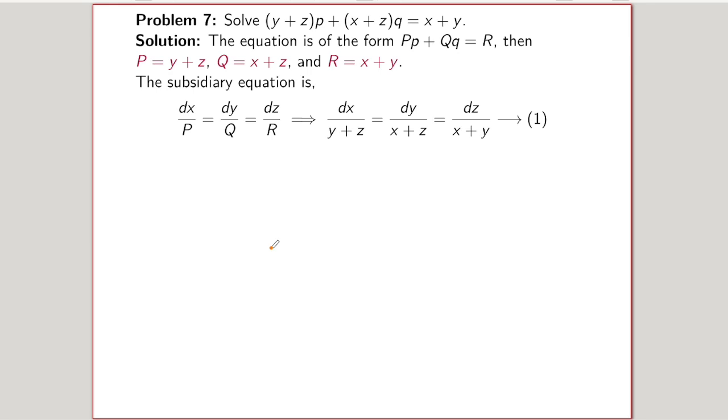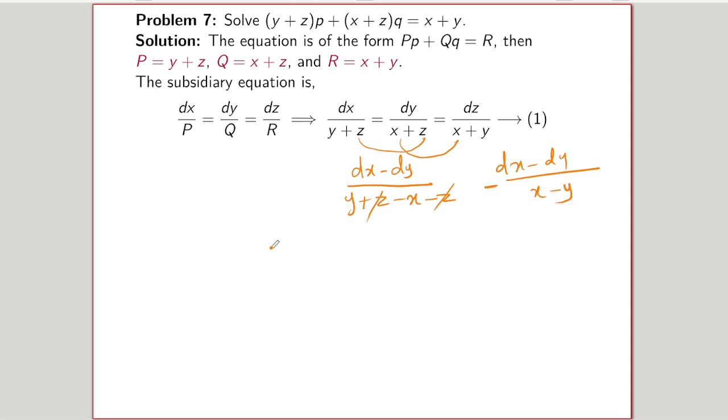So I'm going to choose a different method. Suppose you see both the terms, and what you can observe here is z is common in both. And similarly, see these two terms, here x is common in both. Suppose if I subtract these two terms, that is dx minus dy, I can subtract the denominator also. It is y plus z minus x minus z. I will be getting these two things. So it is dx minus dy divided by, so I can take minus commonly outside. I can write it as x minus y. Similarly, the last two terms we can write as dy minus dz divided by